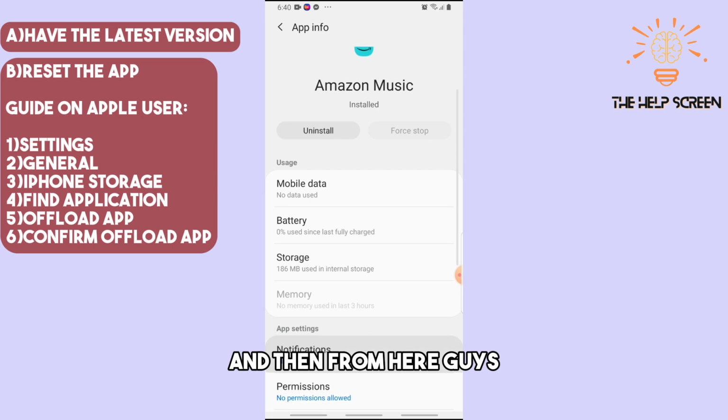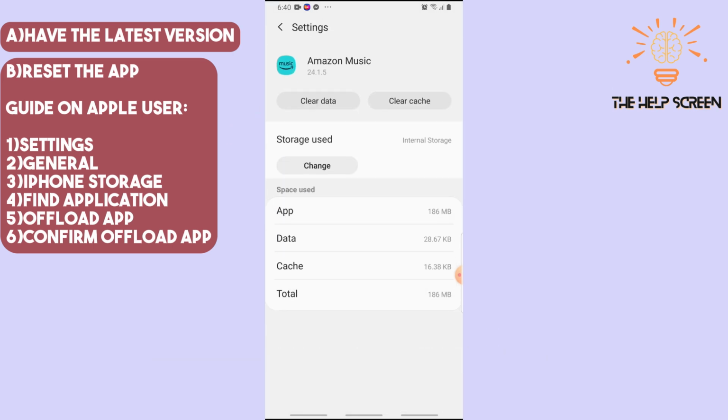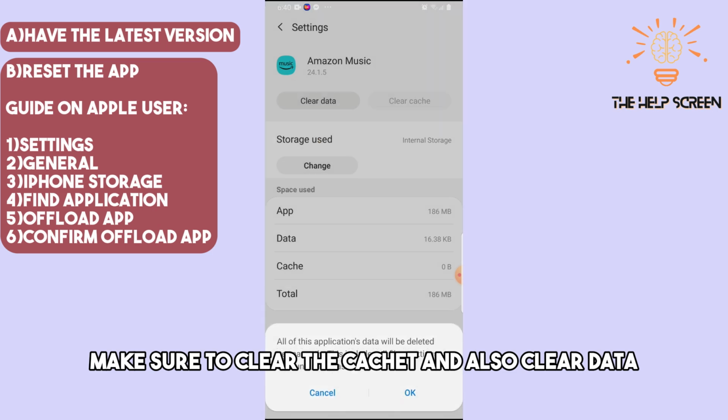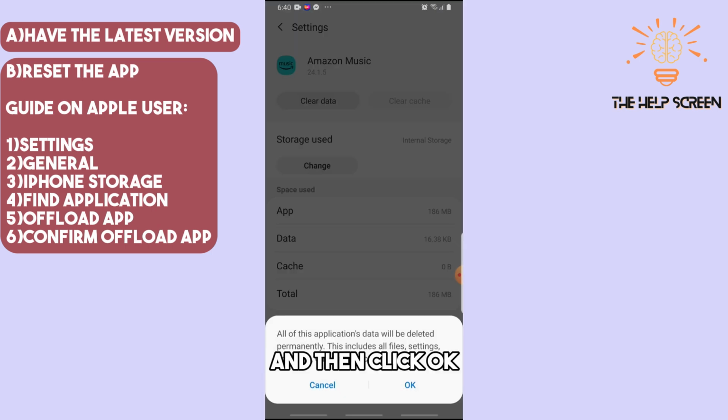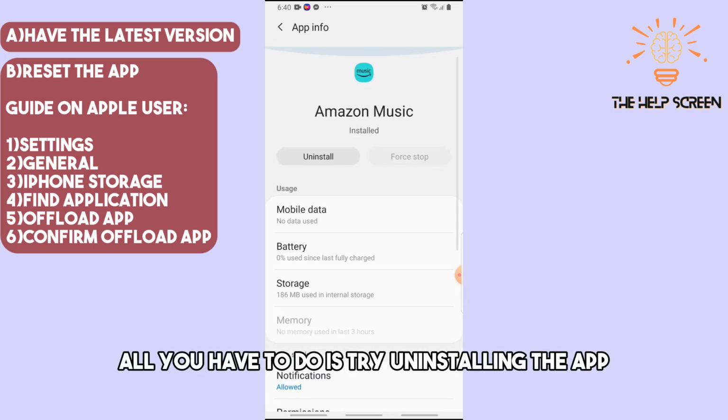And then from here, guys, all you have to do is go to the storage. And from here, make sure to clear the cache and also clear data. And then click OK. And then after that, guys, if it still doesn't work, all you have to do is